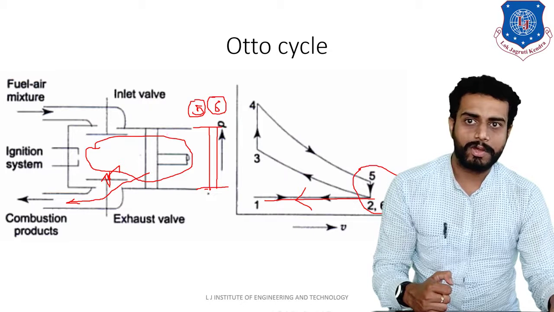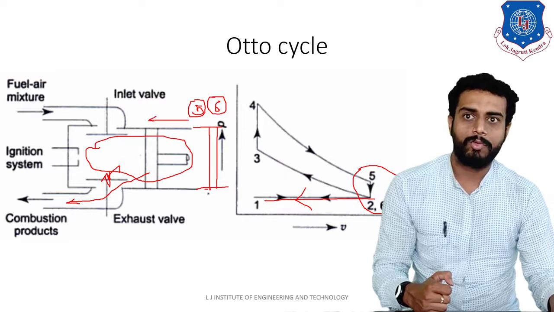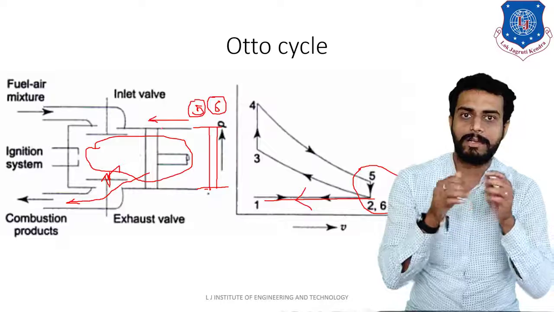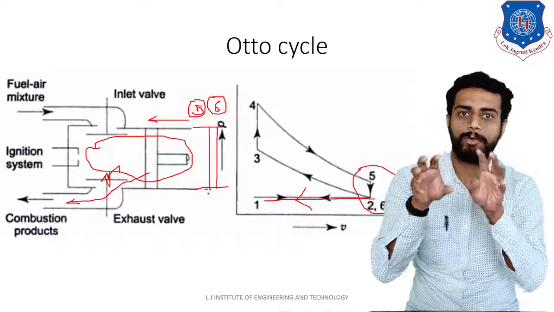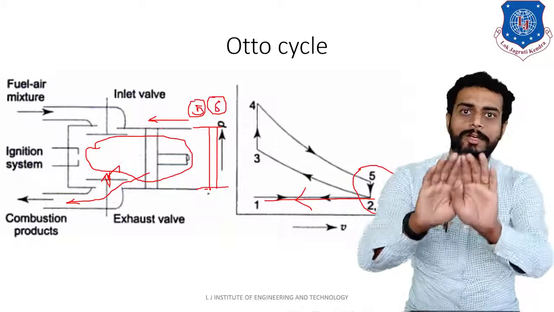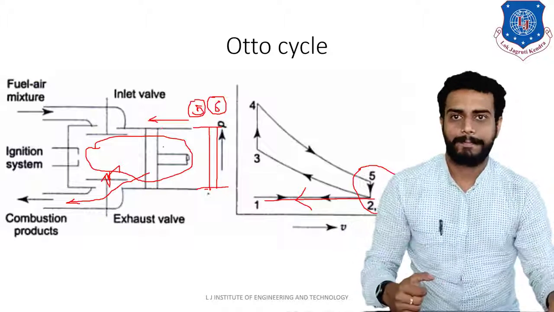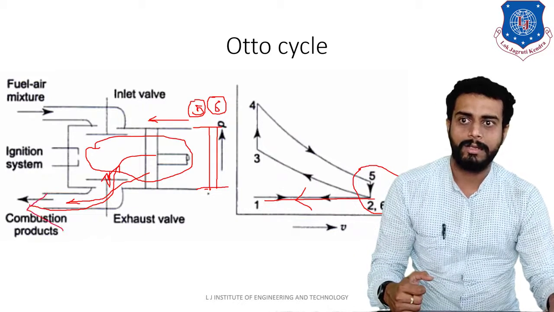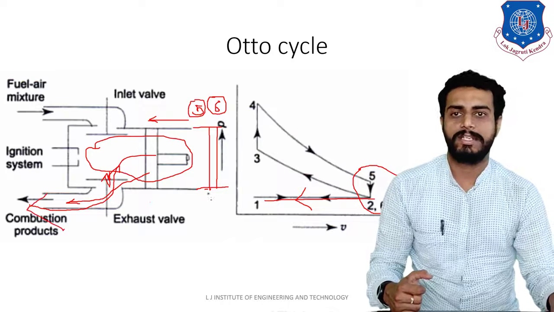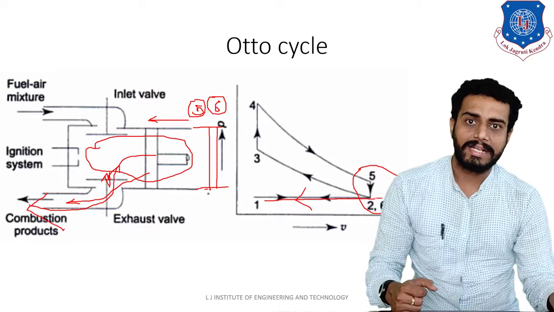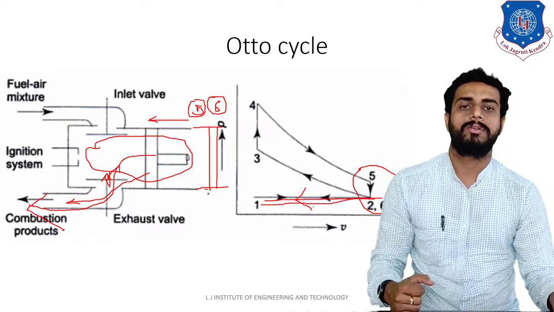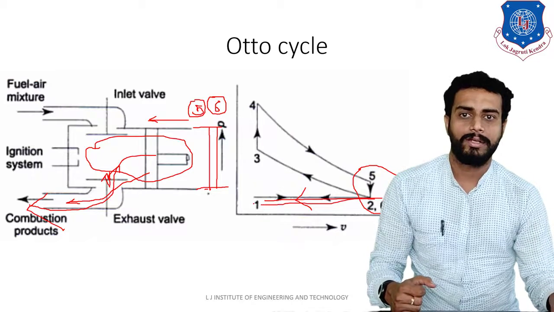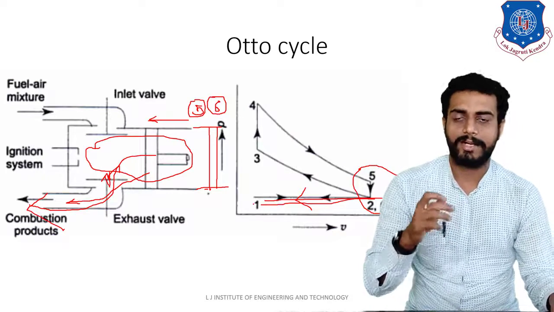Now your exhaust valve is open and the piston will move towards the inner dead center. So this piston will push whatever the combustion gases and products are there. The piston will move them towards the outward pipe. Okay. So this whole combustion gases will move out from the cylinder cavity, right? So that is known as exhaust. Okay. That is 6 to 1. Clear, students? I hope you are clear up to this point.